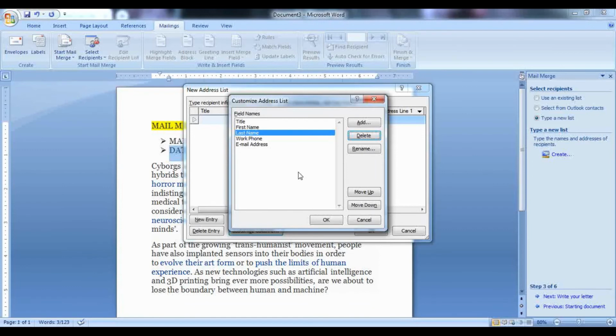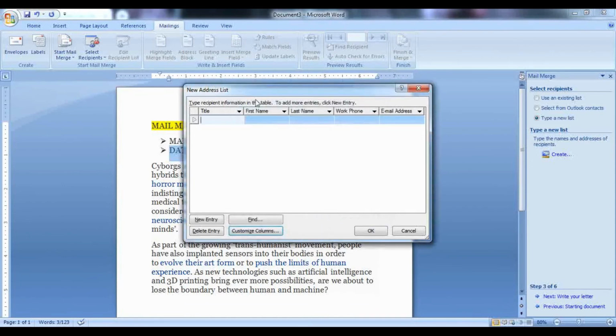So what you will do is, once this is done, now I get the limited fields which I want to see. So I'll just start. I'll write a sample list. This is just a sample list which I am typing here.